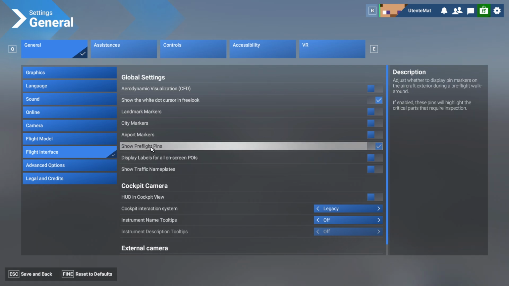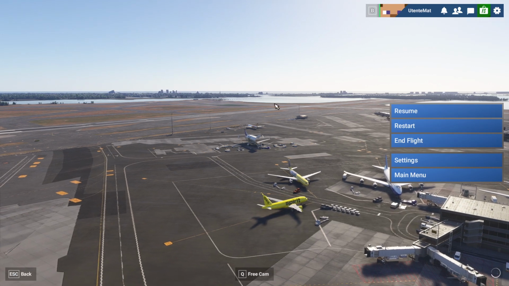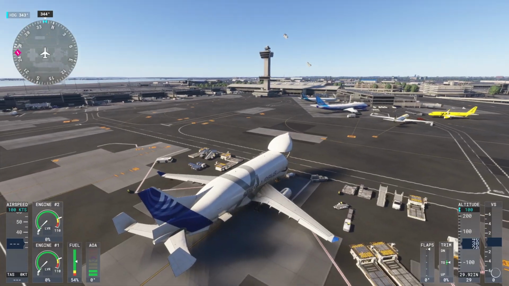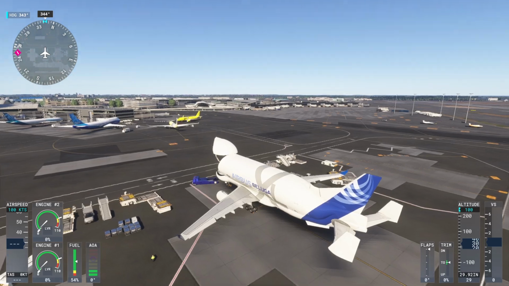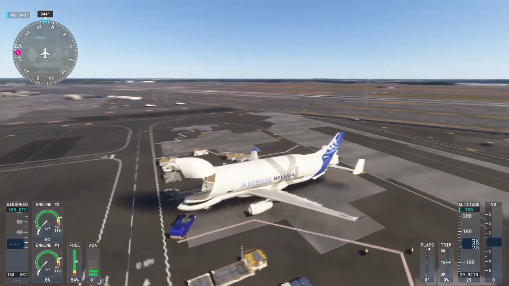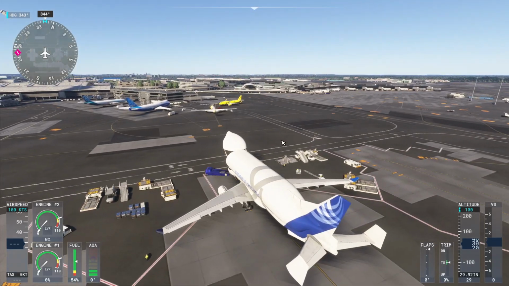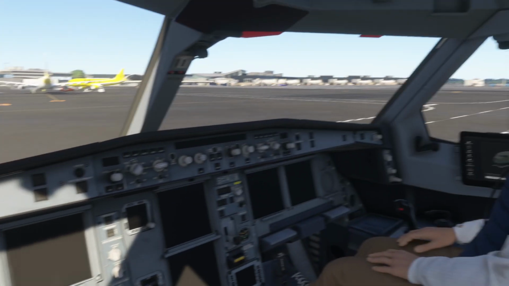Okay, so this is related to the walk around mode, and the pins are those blue dots that appear while in walk around mode to suggest what to do, what to remove, for example, the pitot cover tubes and stuff like that. So save and back, resume. Okay, we finally have a minimal and clean interface for our flight simulator in external mode, but also in cockpit